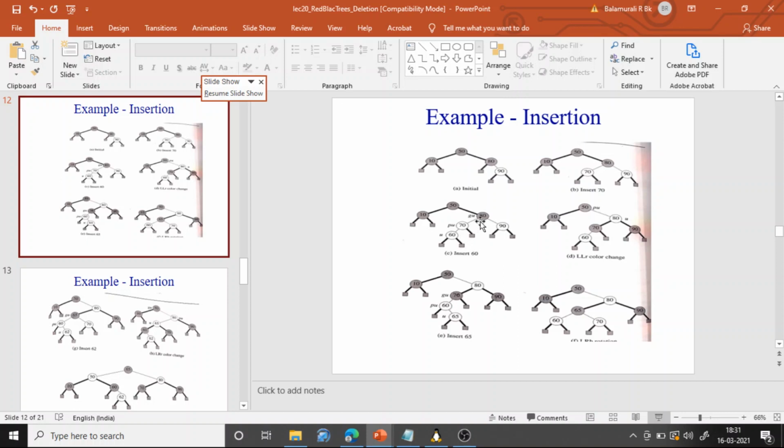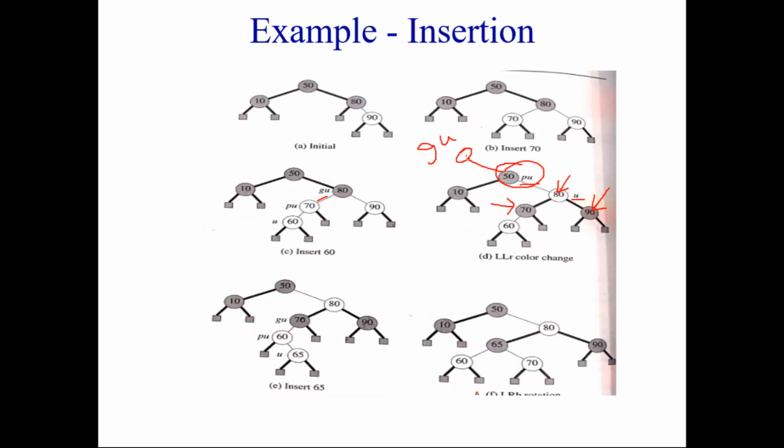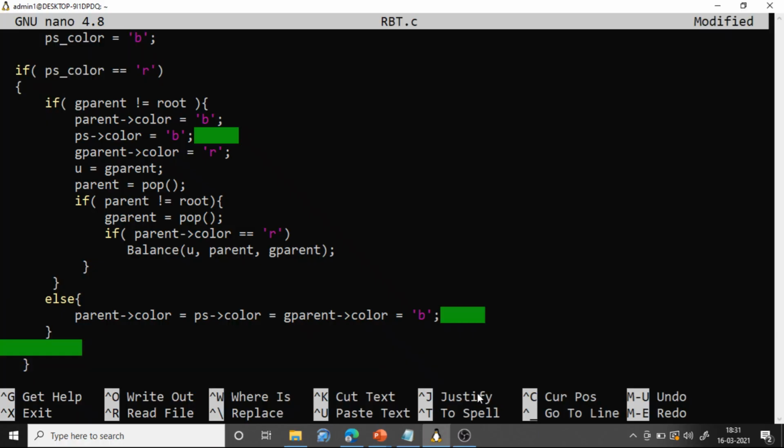Where is such a case? Suppose the grandparent is, sorry, one minute. So I'm trying to explain the else part.